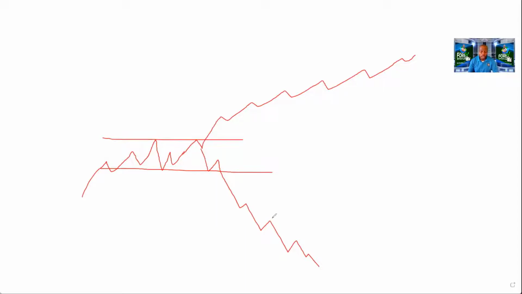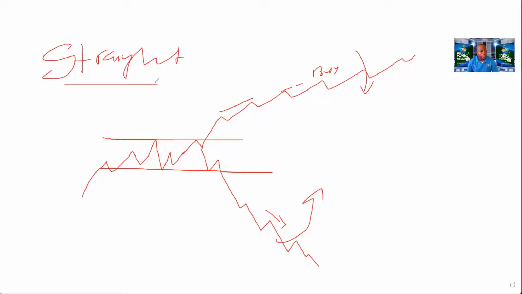And what they try to do now is try to short this pair. Immediately they short it, the market reverses against them. And if this one is going up, they try to buy, and before you know it, the market goes against them, and that leads to loss. So the first type is what I call the straight breakout. Most of the times, 99.9% of the time, you are not expected to trade this,